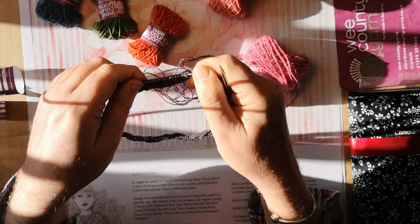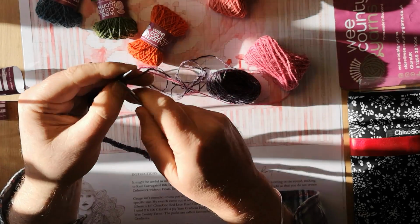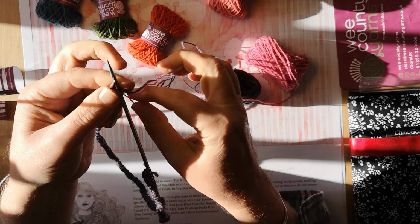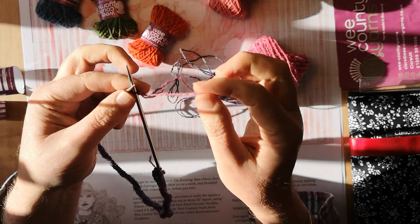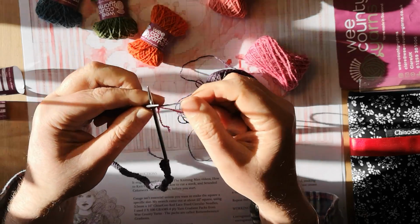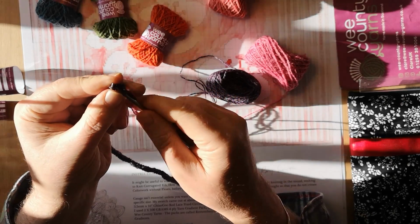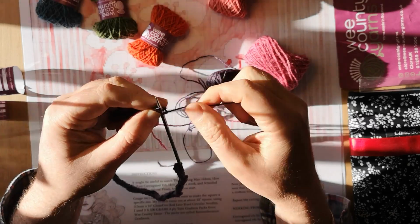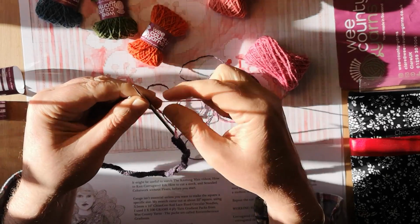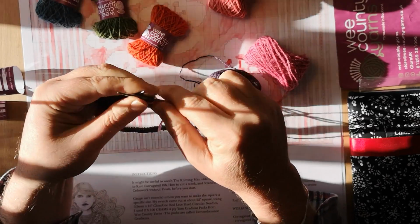So corrugated rib is 2 plain knit stitches. That end there will get lost in the steek, so I don't have to knit that end in. So 2 plain knit stitches, in the background colour, 2 knit stitches, and then with the foreground colour, bring the yarn forward and then 2 purl stitches,